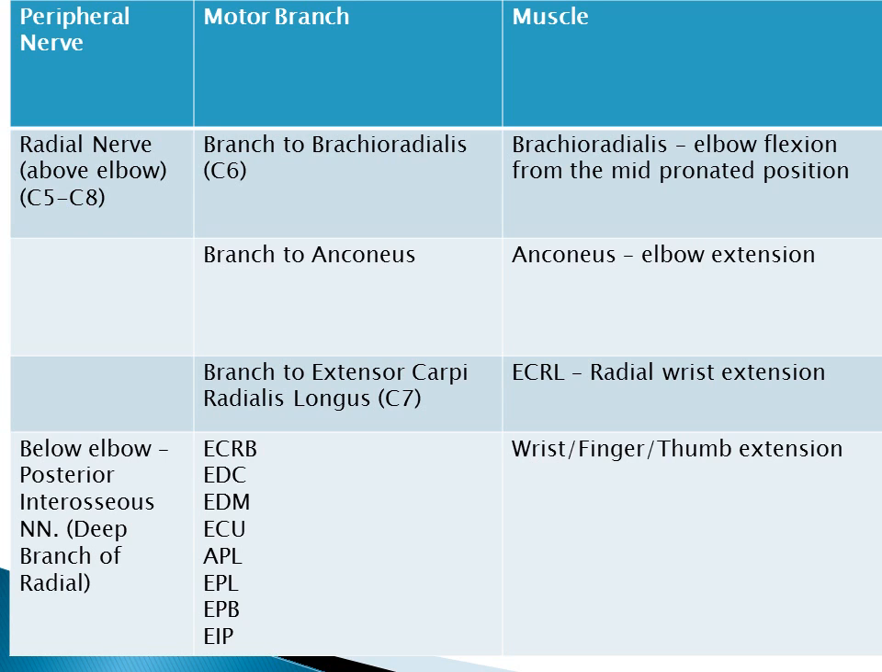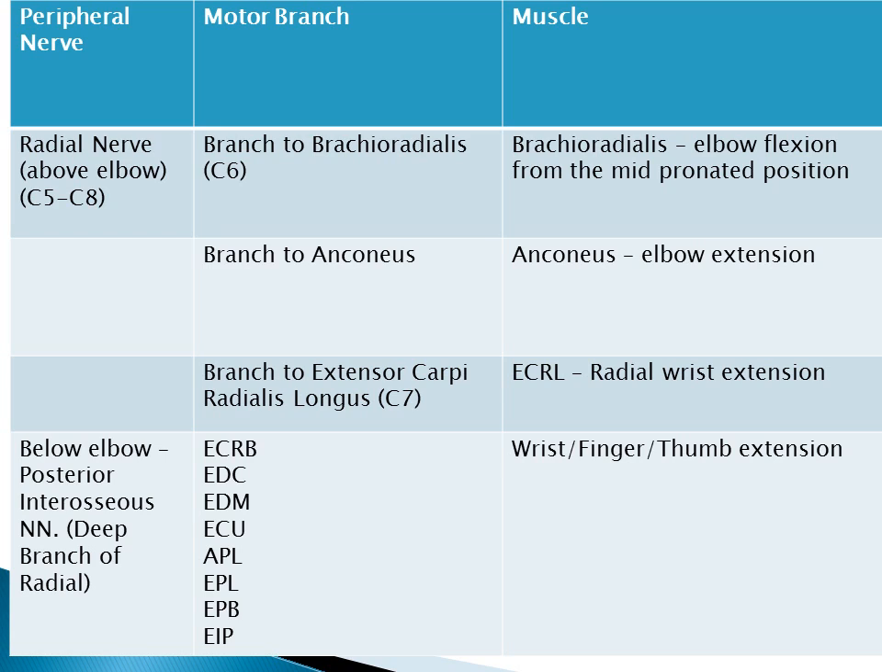And the posterior interosseous nerve serves many muscles, all of which are involved with extension of either the wrist, the fingers, or the thumb. So, for example, muscles supplied by the posterior interosseous nerve include the extensor carpi radialis brevis, not the longus, that branch comes off above the elbow, but the extensor carpi radialis brevis is served by the posterior interosseous nerve,